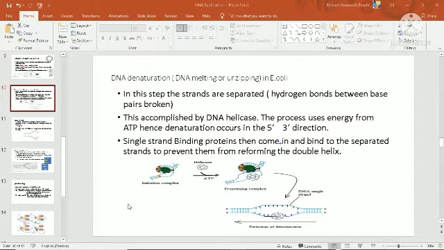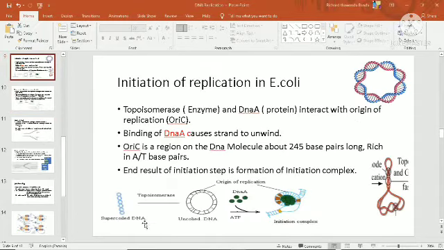I don't think it's really important for you, at this stage, to know the structure of the topoisomerase. When they say topoisomerase, there's more than one. In this case, this would be topoisomerase 1. Then you have topoisomerase 2, 3, and 4. Those differ in structure and in the way they do their action, but